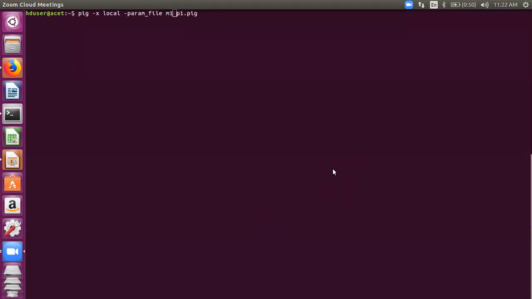Okay. So what I'm trying to write here is that I'll be starting pig in local mode and executing this script file p1.pig. Whatever variable parameters are required here would be provided by this parameter file m1. So the output again would be the same.